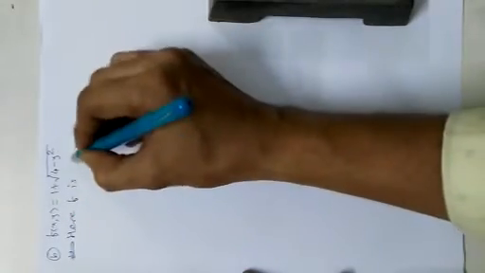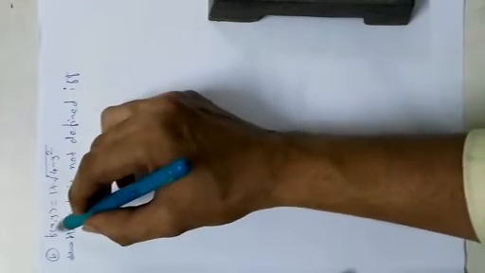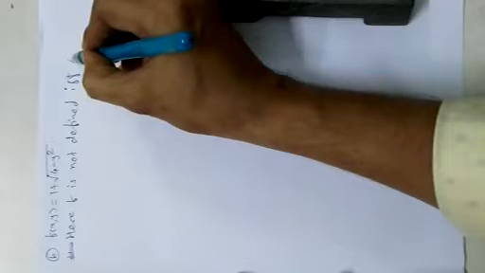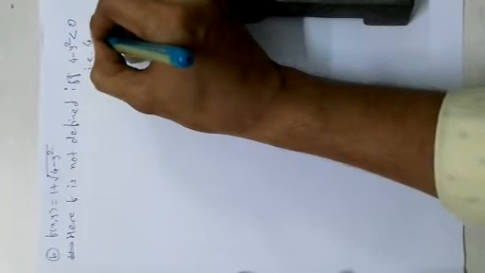Next function, f of x, y is equal to 1 plus under root 4 minus y square. First we will find domain of this function. Here f is not defined if and only if, as there is square root in our function f of x, y, and square root of negative number is not defined. Therefore f is not defined if and only if 4 minus y square is less than 0, that is, 4 is less than y square.